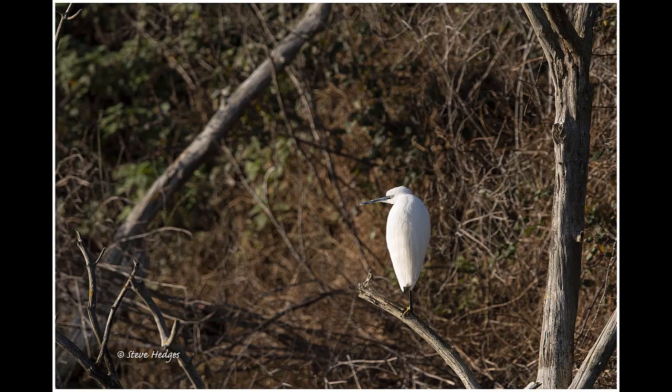On my way back to the car park, I was walking along this footpath, and I had the salt marshes on my left hand side and this inland strip of water on the right hand side. And as I was walking up, I saw this little egret, and it was standing on a branch, and it was just there. So I moved ever so slowly, and I took a few pictures,